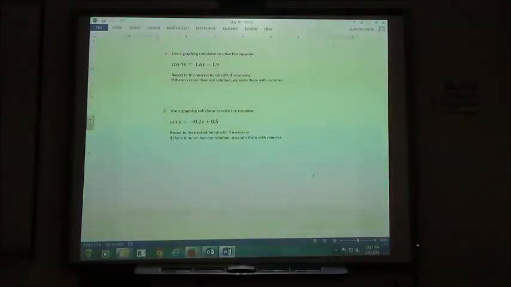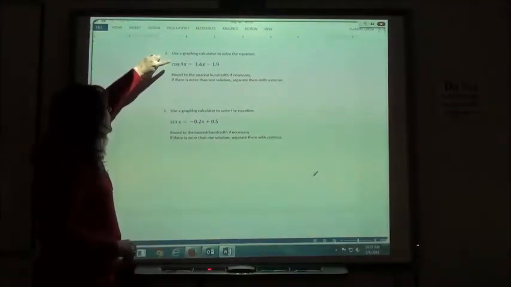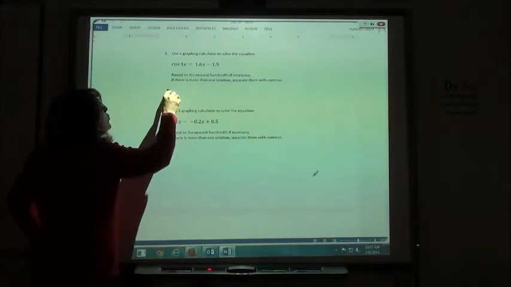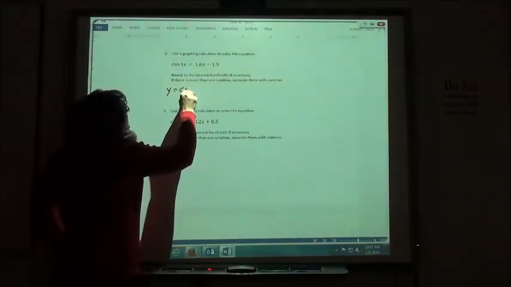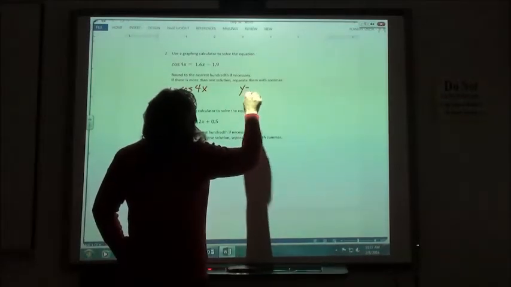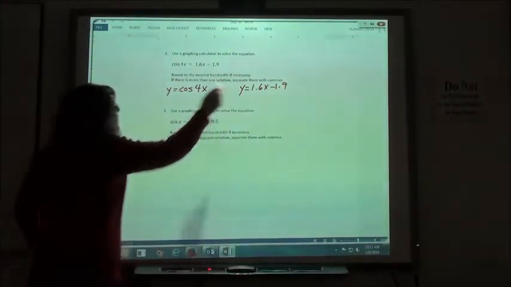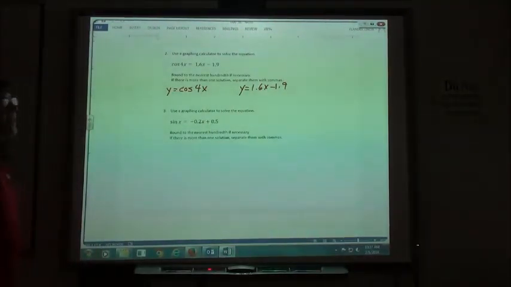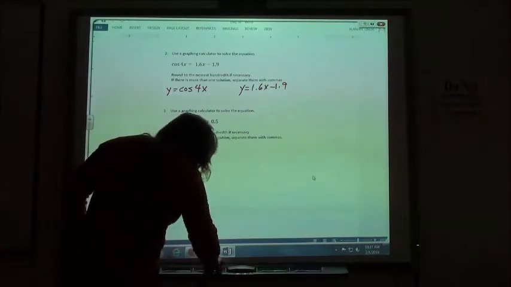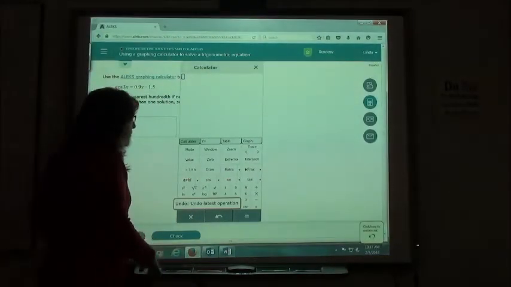All right, so number 2, again, we're going to use the graphing calculator to solve the equation, and we're going to type in two equations, the first one being y equals the cosine of 4x, the second one being y equals 1.6x minus 1.9, and we're going to find the intersections to find out where those two equations have a common solution. So if we go over to the graphing calculator,